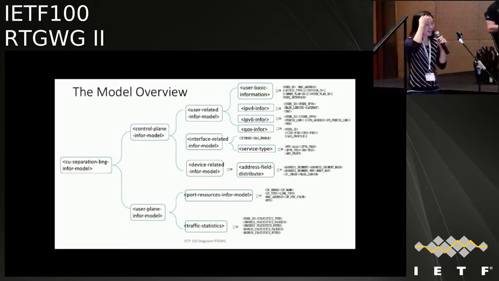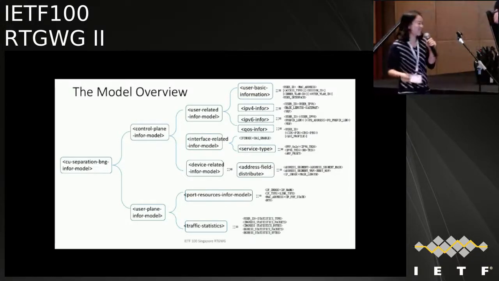Yeah, the next slide is maybe the thanks. And we think this model enjoys the journey in the IETF, because we first met the interface to routing system, and then we met the routing working group. We met new friends. So here I wish everyone can enjoy the journey, the same as our working group and our draft.